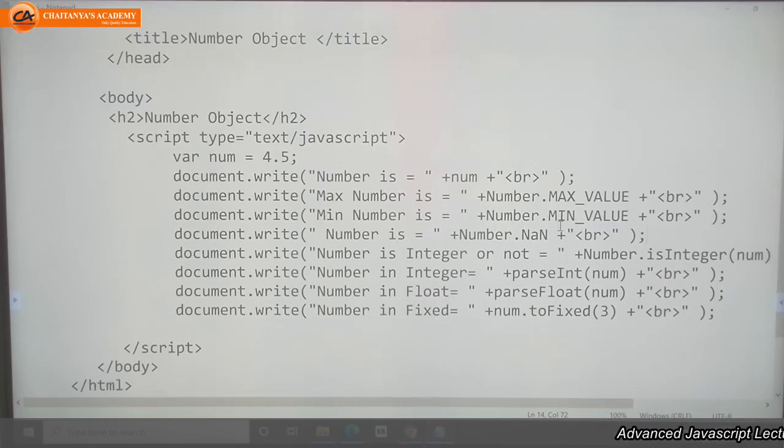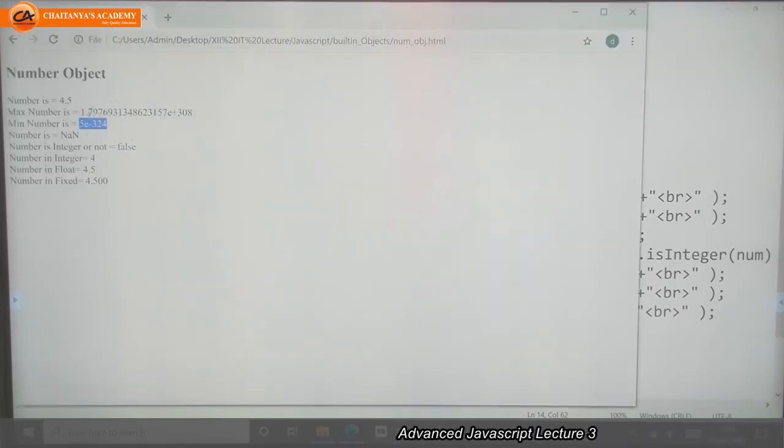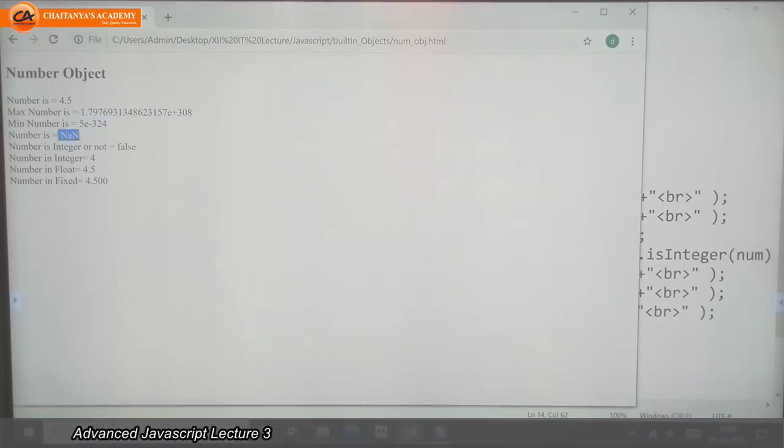If you want to check whether your number is a number or not, then we can use the property that is dot NaN, which tells us whether the given value is a number or not a number.